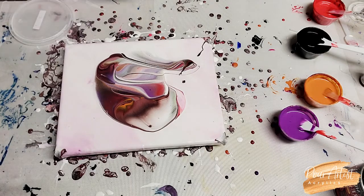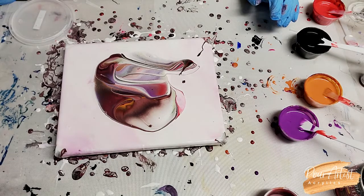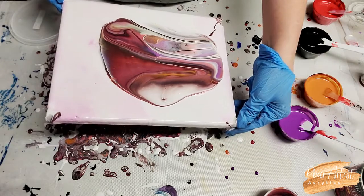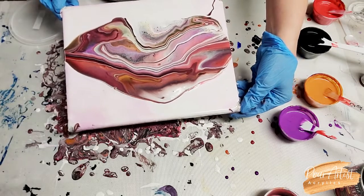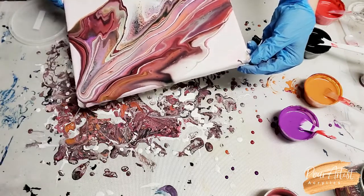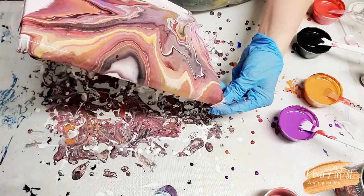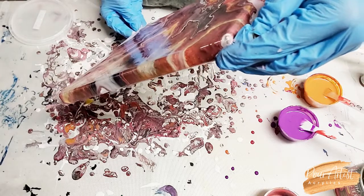And see, this one didn't start out that well, because that whole front part close to the camera on the left almost just looks pure brown from a distance. If you really look at it, you can see the red and purple a little bit, but it kind of looked brown. And I am not tilting near as fast, excuse me, as it looks like I'm tilting. The tilting parts are sped up, so I know it looks like I'm just killing the design by tilting, but I did kill the design,